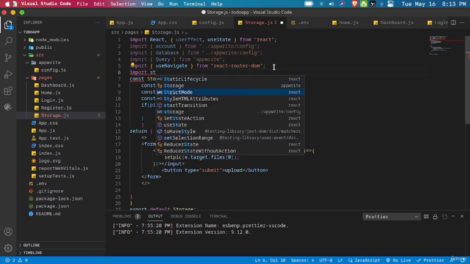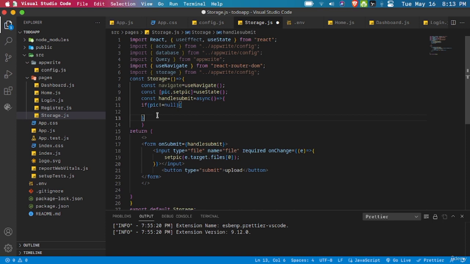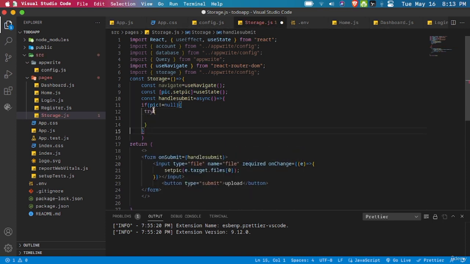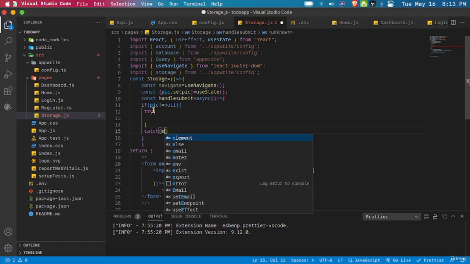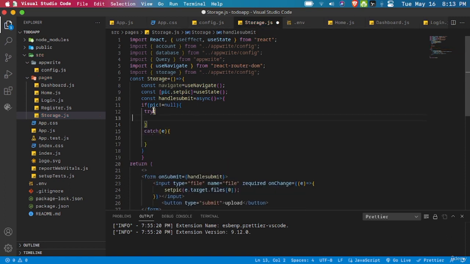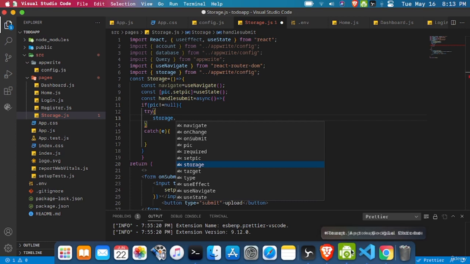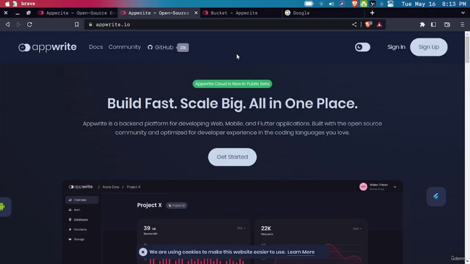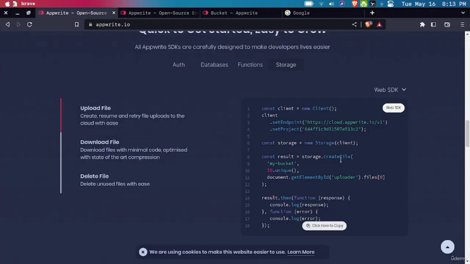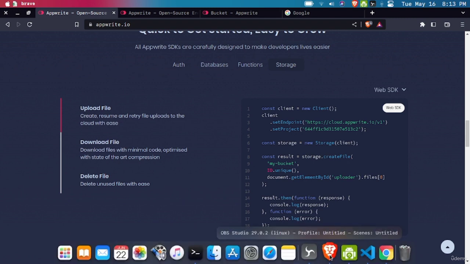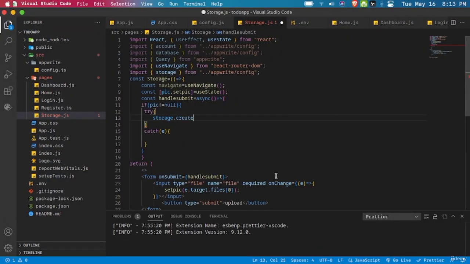Import storage. Yeah. So since these functions are returning promises, we will wrap it inside the try catch block. So we will call it storage dot. We should have the functions right here. So you can always refer to the docs, and here you can see that we can call the create file method. So storage dot createFile,